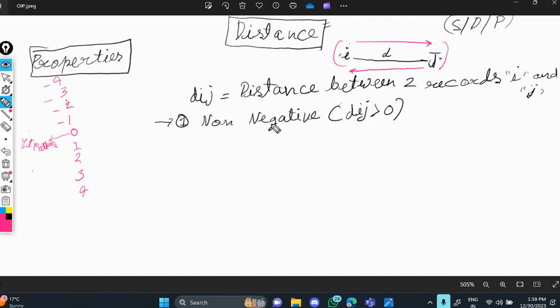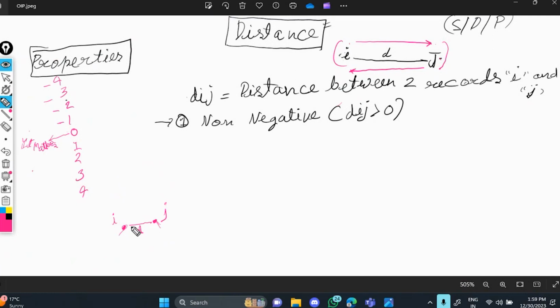When we are talking about non-negative, if we have two different records, you can assume this one is the first record and this one is the second record. Each record has some values, based on similarities, patterns, and differences. They both have some similarities and some differences. So between them, we have a distance d. And if we denote these both records with i and j,